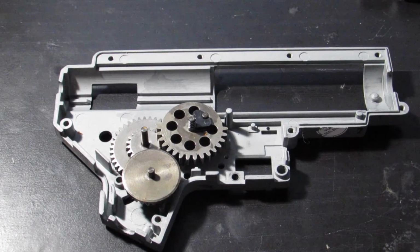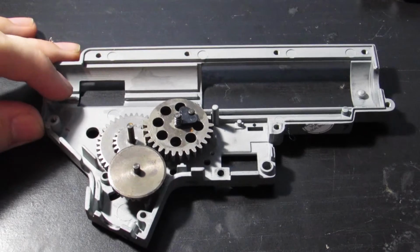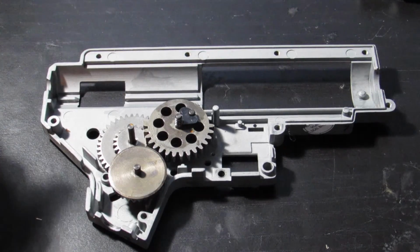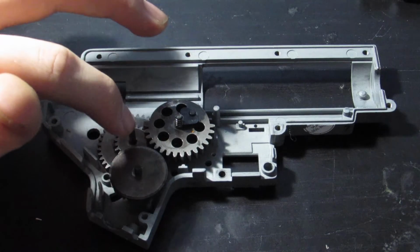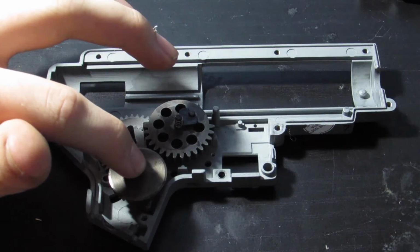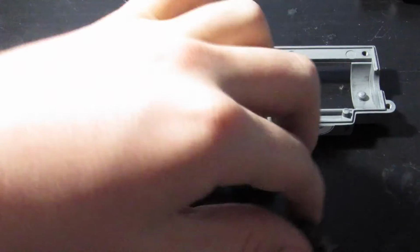So now on to the three parts where the gearbox gets its name, the gears. In most common AEG gearboxes, there are 3 gears, shown here, which simultaneously connect and make 4 connection points. From the piston to the sector gear, to bevel gear, spur gear, my apologies, to bevel gear, and bevel gear to the pinion gear of the motor. So these 3 right here